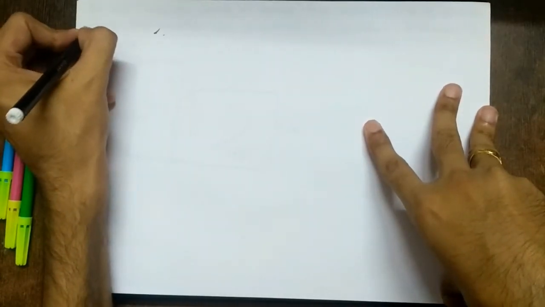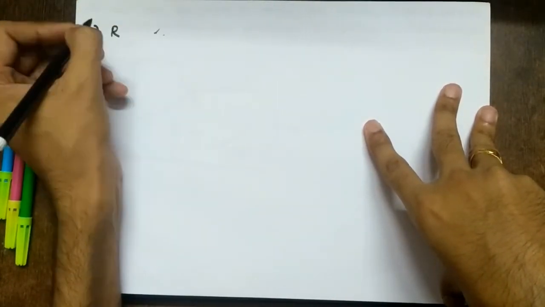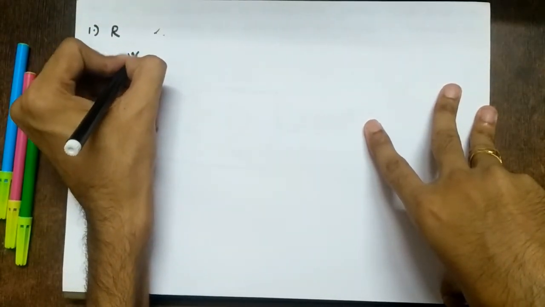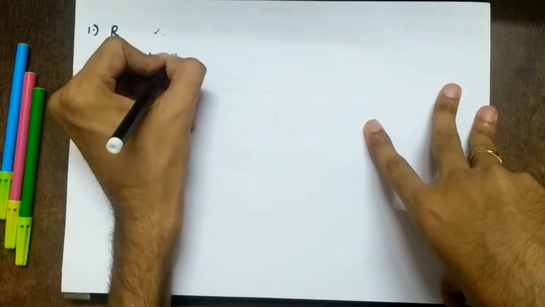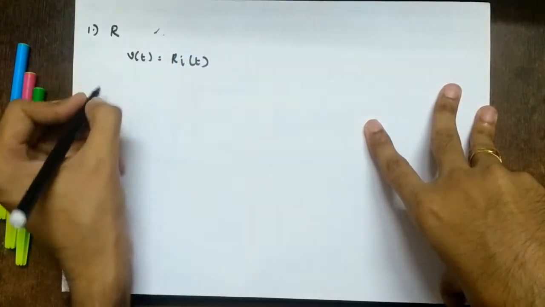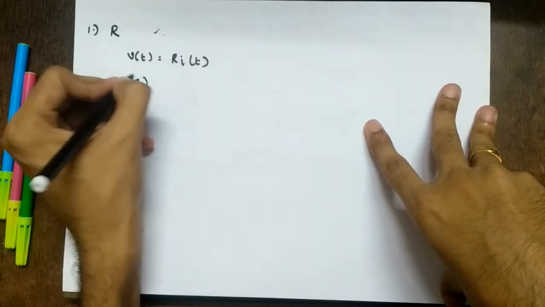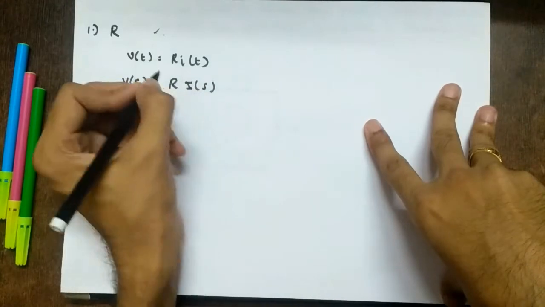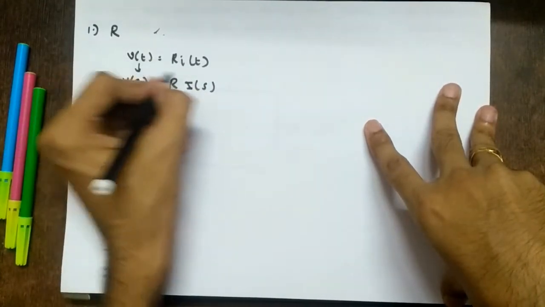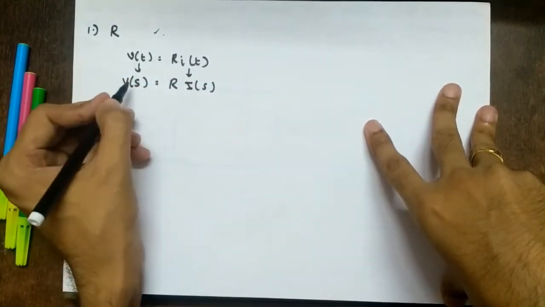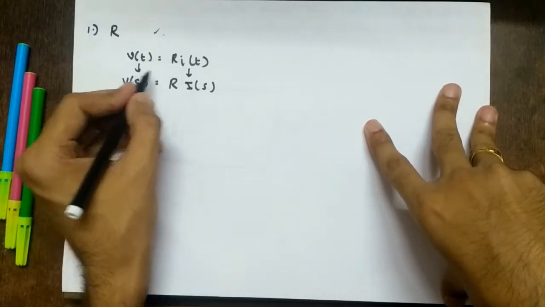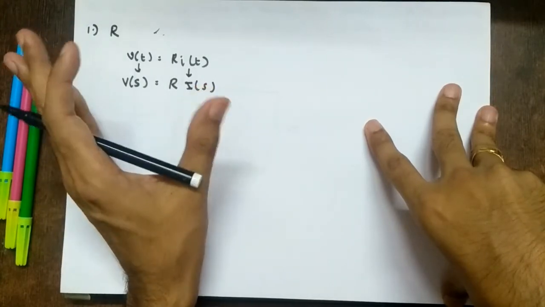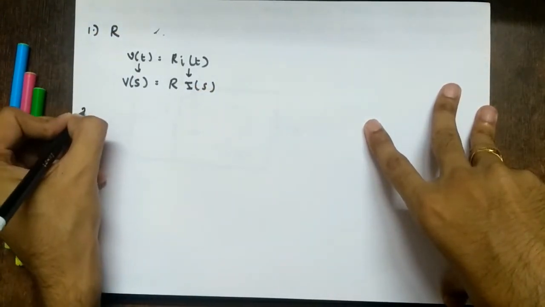So let's see what happens to the three components which we use, that is resistor, inductor and capacitor, in the frequency domain. What is the equation for resistor? V of t is R I of t, right? If you take Laplace transform on both sides, R is constant, so it will be as it is. So this will be I of s. Nothing is changing, only these are going to the Laplace domain or S domain or frequency domain. So a resistor is a resistor with exactly the same value in the frequency domain. We don't have to change anything.